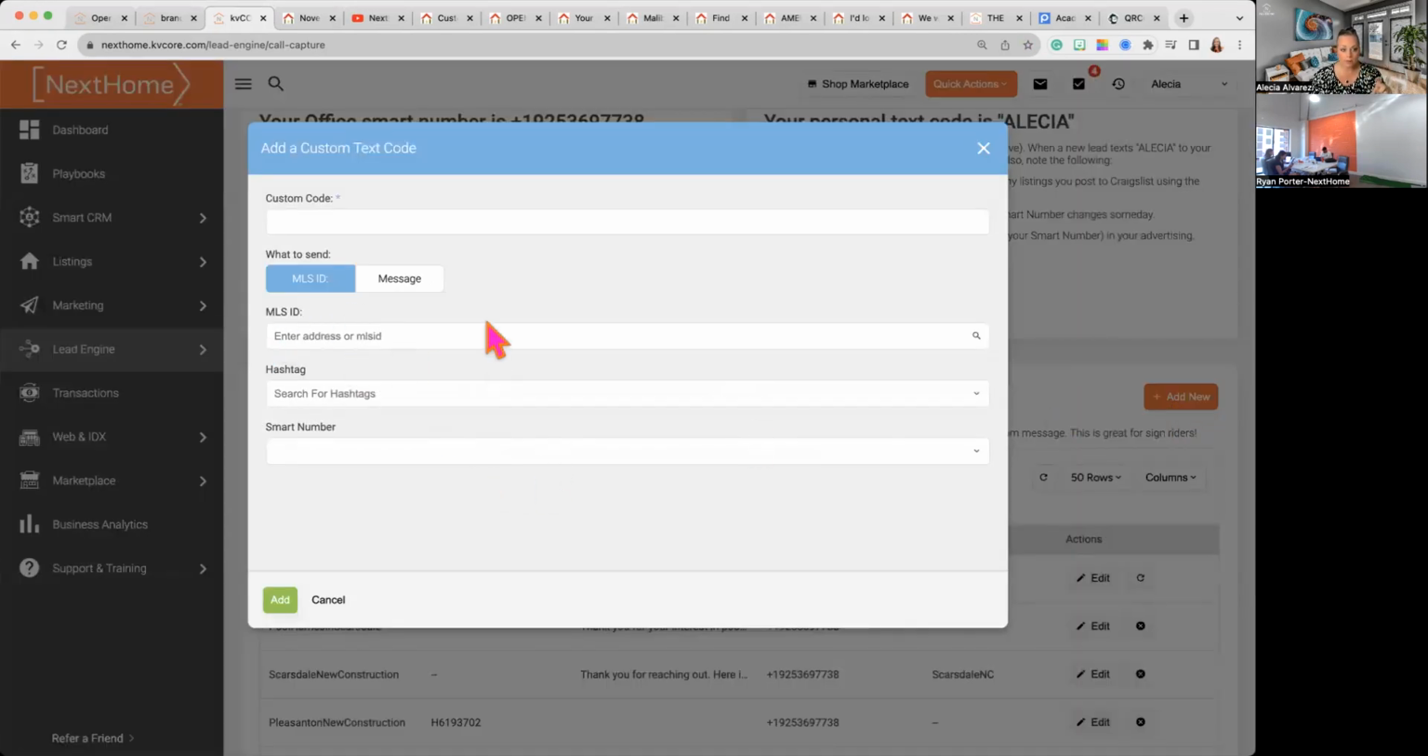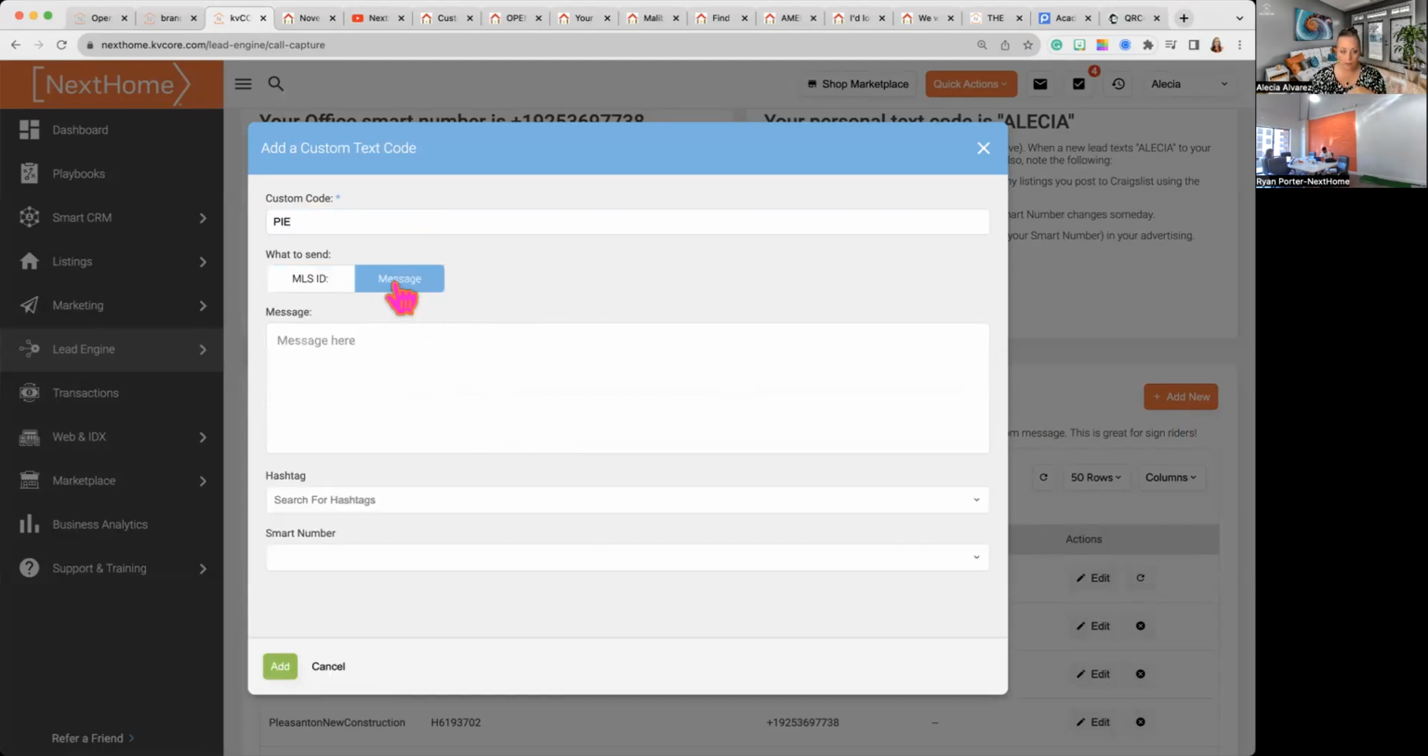When you're in the text code section where you're setting it up, you'll see that you can either do a message or you can do an MLS ID. So you can provide them with a listing. I'm going to go ahead and say that my custom text code is going to be pie. Obviously, I'm going to do a message. I don't want to send them a listing. I want to send them a message. I'm going to type out what I want the text message to say. Respond with your pie